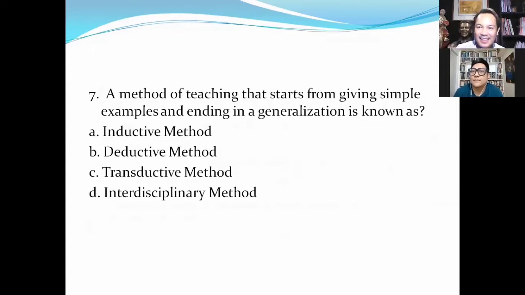then generalization or conclusion. So for example, going back to dun sa lesson kanina, addition of similar fraction, the teacher can give example 1, example 2, example 3, and at the end of all those examples, sasabihin niya, so the rule in adding similar fraction is very easy. All you have to do is to add the numerator, and then you copy the denominator, and if you can reduce it to lowest term, even better. That is what you call inductive.